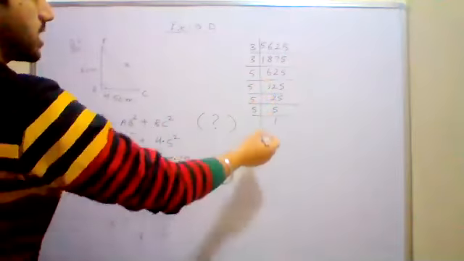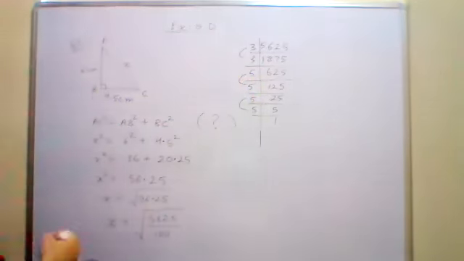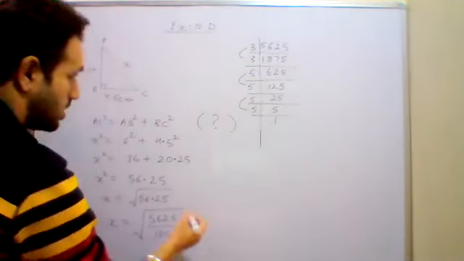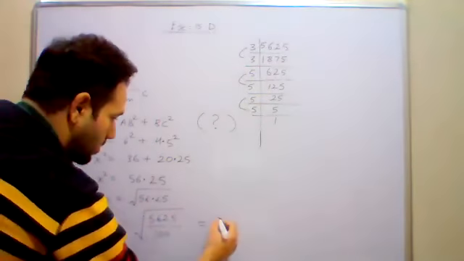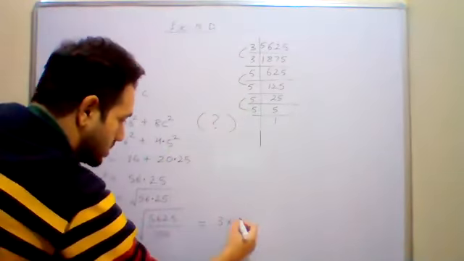So these are the factors of 5625, one 3 and 2 pairs of 5. So when you write it, you will write 3 only one time and 5 2 times